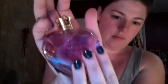And then 2 perfumes that I got just this weekend from my mother as a lovely gift for me to go back to school, which, thank you so much, I love you. But they're still in their boxes, so I'm going to show them to you guys. And this is Vera Wang Princess. Let me see. And this is the 1 ounce, and this is the bottle. It says Vera Wang Princess, and it's shaped like a heart. And the top is a crown with little jewels on it. And you just pop the crown right off. And it's very floral. I believe this one's like all...